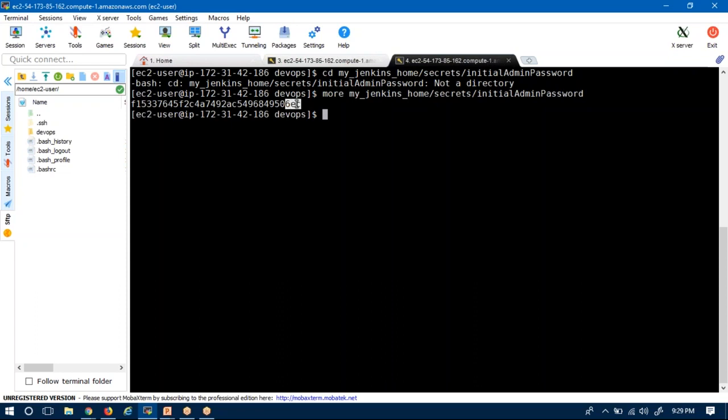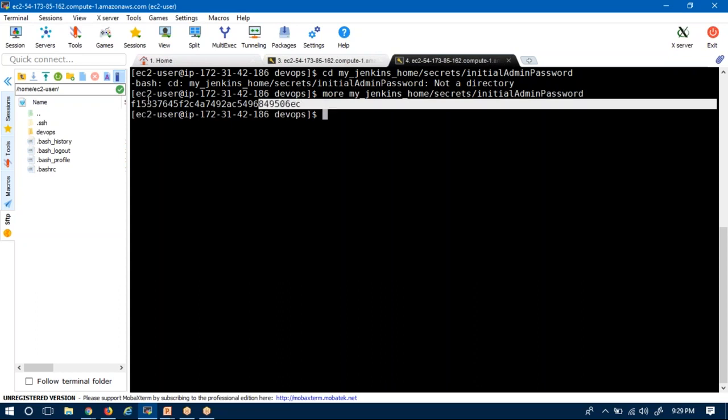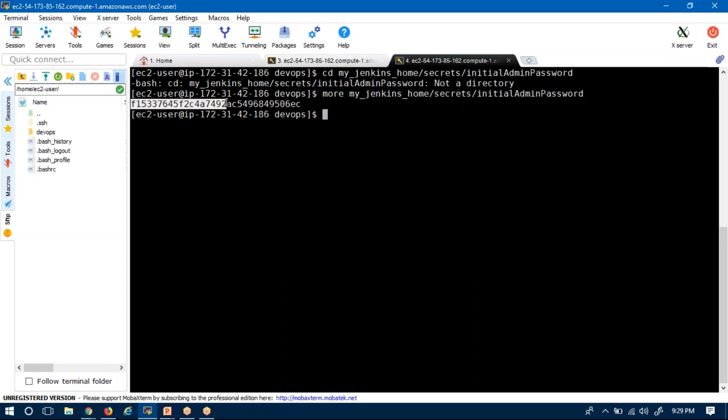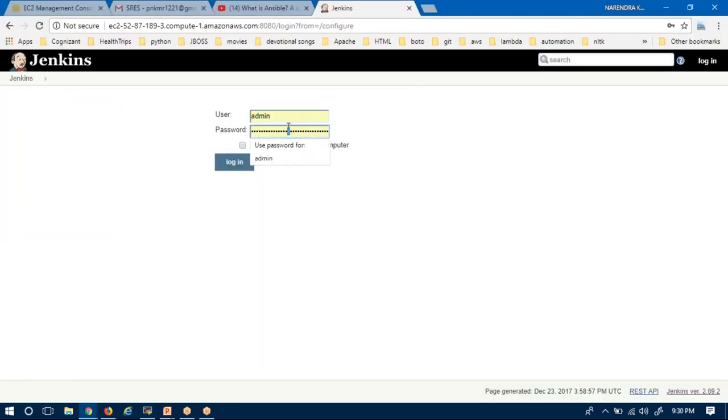Why am I looking only in this file for the password? Because always in this file only our password will be saved. Anyway, we are exporting Jenkins home as this home. Now from that only you need to get it. You can now see. Now it will open.